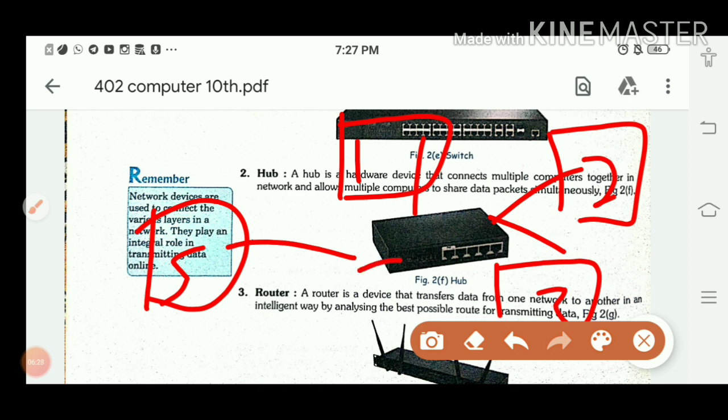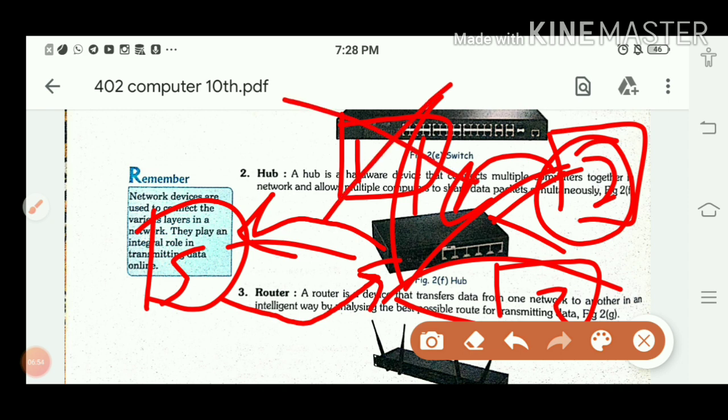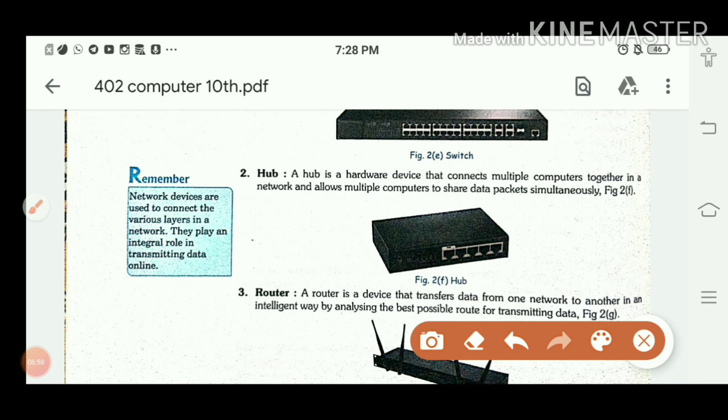Now suppose node 2 wants something from this server, so node 2 gives its request to this hub, the hub gives this request to the server, and the server gives the response to this hub. Now what will the hub do? It will take data from the server and give that data to all the nodes connected in that network. So here for node 1 that data is useless, for node 3 that data is useless, so that's why this hub is known as a dumb switch.